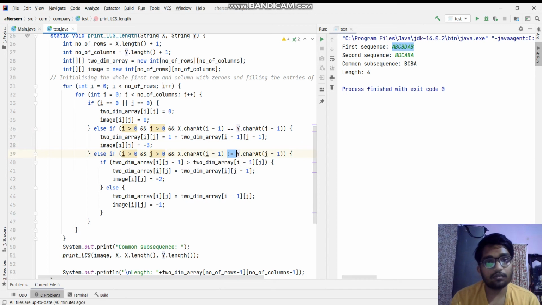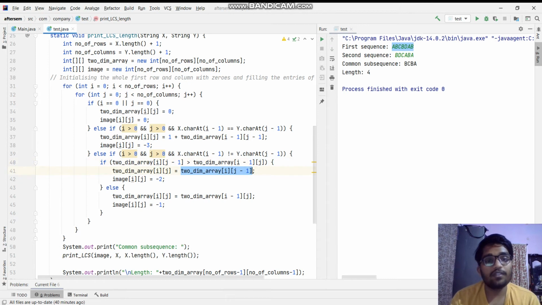And we have two conditions: if we jump to the immediate previous column and check whether that is greater than the data in the entry at the immediate previous row and same column, if that is true, we'll fill that particular entry with the greatest of these two values, and we'll fill with this value.